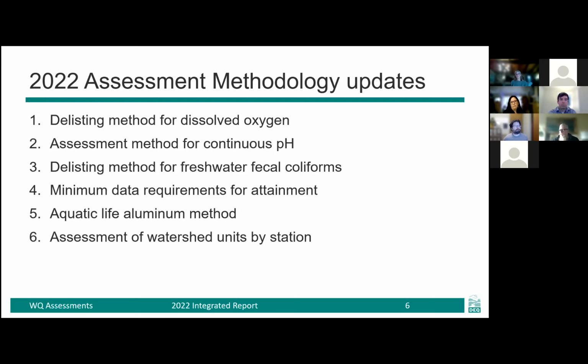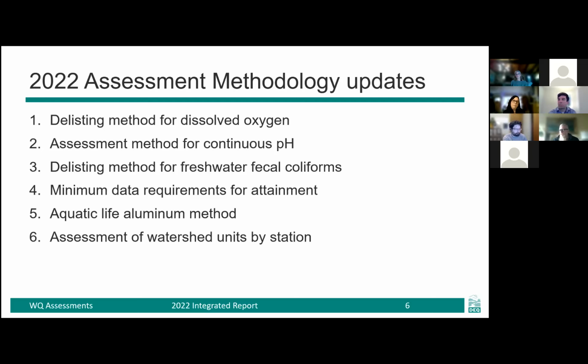We developed an assessment method for using continuous pH data. Previous to that, we'd only used grab data. We also developed a delisting method for freshwater fecal coliform.